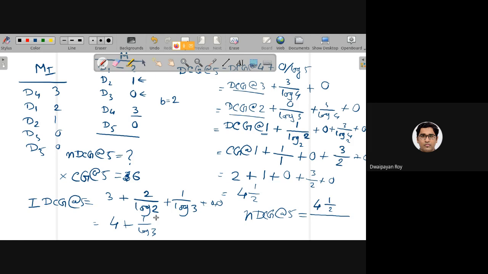So now this is the ideal DCG, and this is the system's DCG. Should we use this CG, or can you show the formula once again?